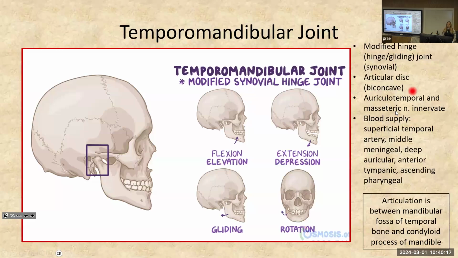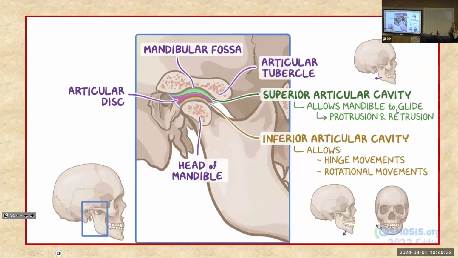And there are two nerves that help with bringing sensation from this joint. And we talked about those, the auriculotemporal nerve and also the masseteric nerves will help bring sensation from the TMJ joint. Now, the cool thing about this joint is that it has an articular disc between the two surfaces of bone that are